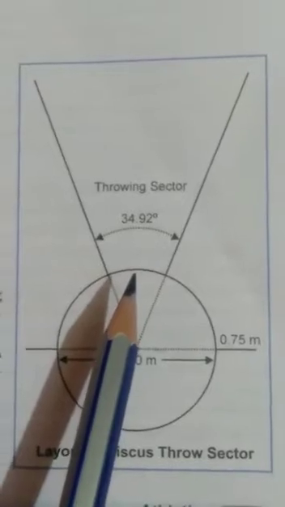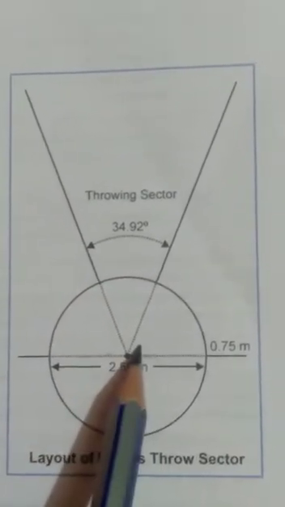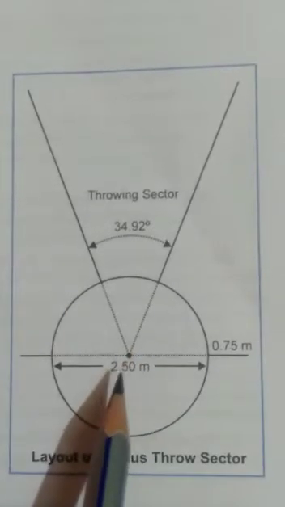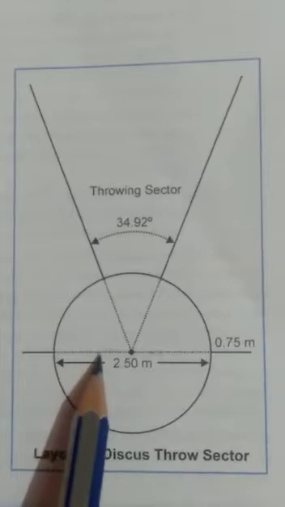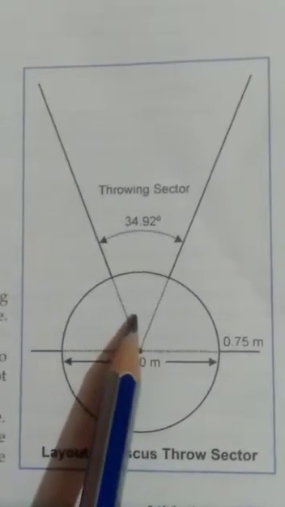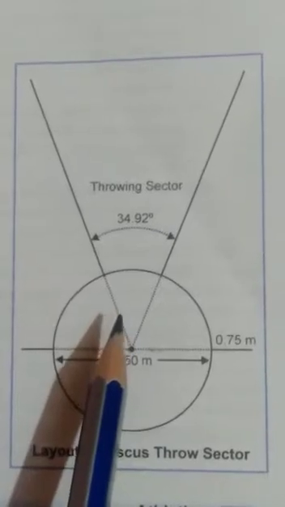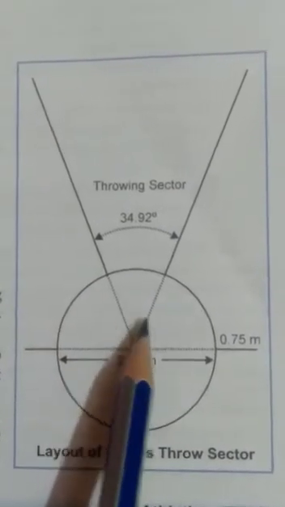Second one, while taking a turn, his body weight goes towards the throwing sector, the weight shifts from right foot to left foot, from this right to left here, then the right foot comes in the center of the circle. Here the right foot will come to the center of the circle and the left foot will move to this side. Simultaneously the left foot comes toward the throwing sector. It means this side.